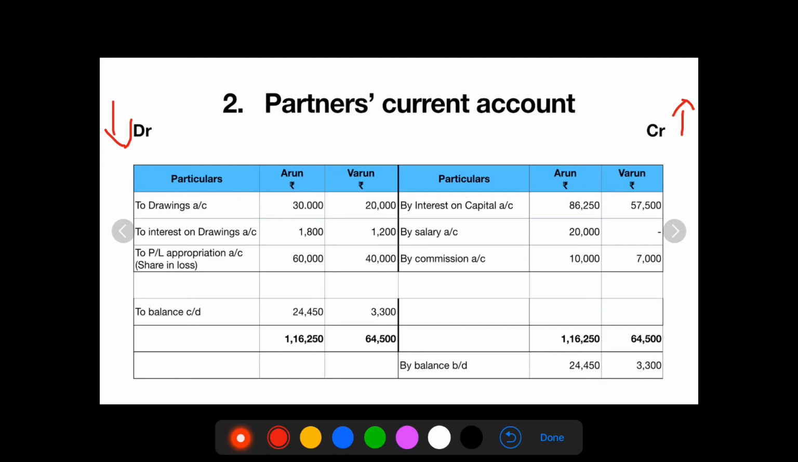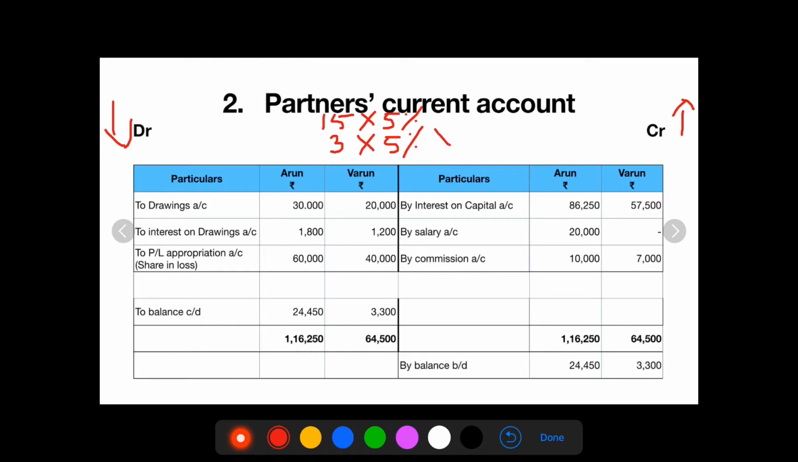Arun is bringing in rupees 15 lakh. On this 15 lakh, we are going to calculate 5% interest. He is also bringing in additional capital, that is rupees 3 lakh. Again, we need to charge 5% interest. But the question says additional capital contributed on July 1st,